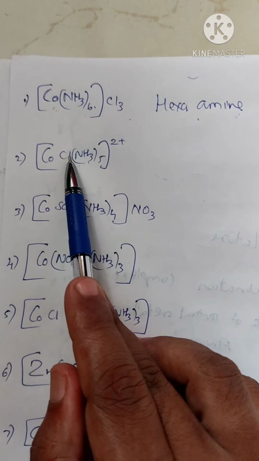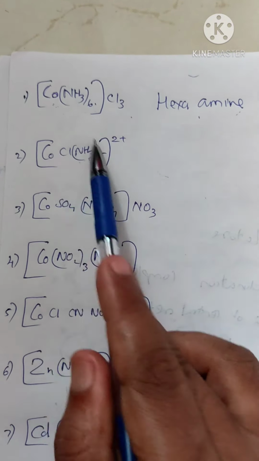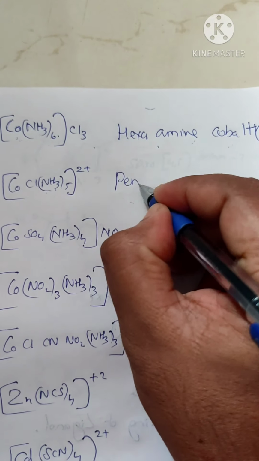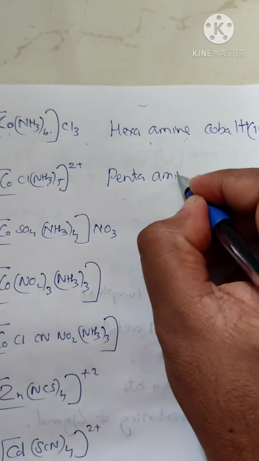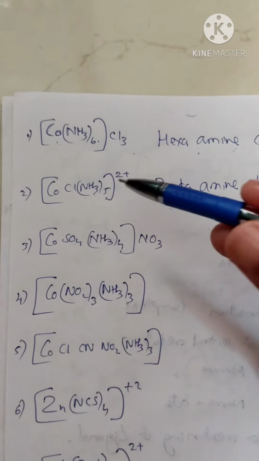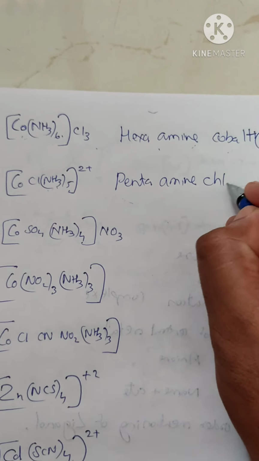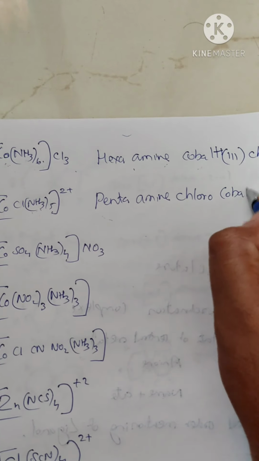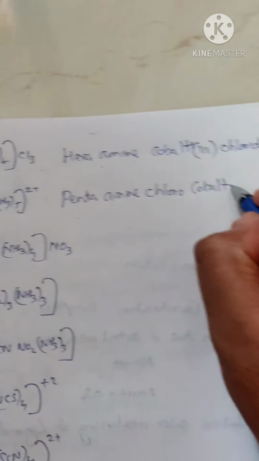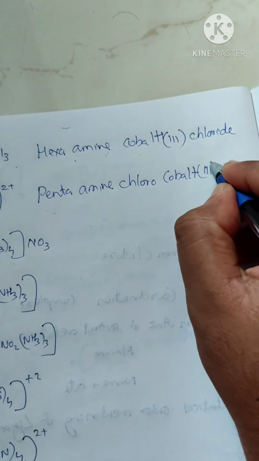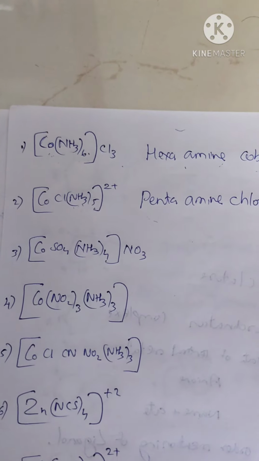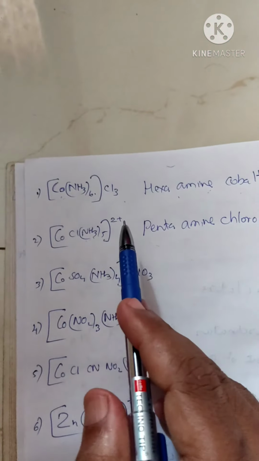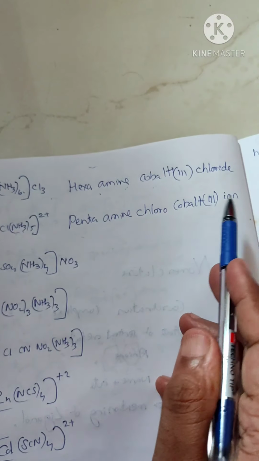We know chlorine has charge -1, that we have seen in this complex. So the total charge of the cobalt will be 3+. So the name of the complex will be penta, then ammine, then chloro. Since it is 1 chlorine, we don't need to mention how many chlorines there are. Chloro, cobalt. Since it is a positively charged ion, we can say cobalt. And the charge of the ion is +3, so we will mention +3. Then since there are no anions, it exists as an ionic form, so we will say ion. So the name of this ion is pentaammine chloro cobalt(III) ion.